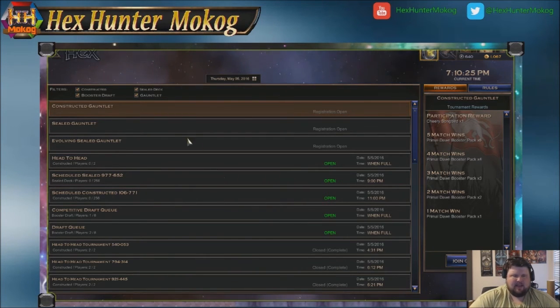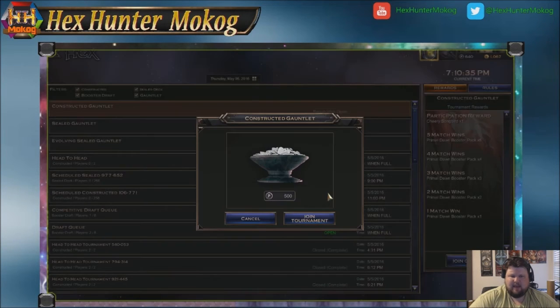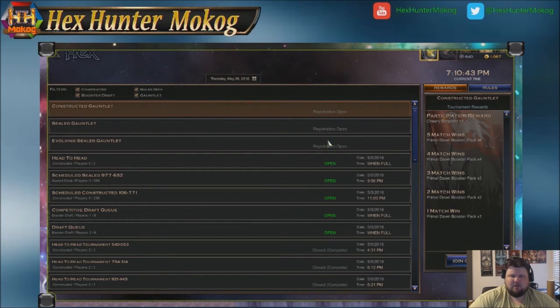So if we wanted to take a look at the constructed gauntlet and we wanted to join that queue, we would pick a deck. Well, we'd pick our terrible chant deck that we have here. And in this case, to get the gauntlet version, it's 500. And we don't particularly want to spend 500 today. And so, in many cases, it'll be 300. But in constructed, it may be up to 500 now. Let's go ahead and double check the...